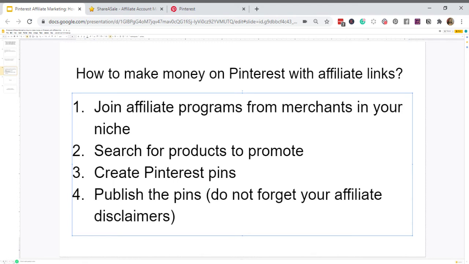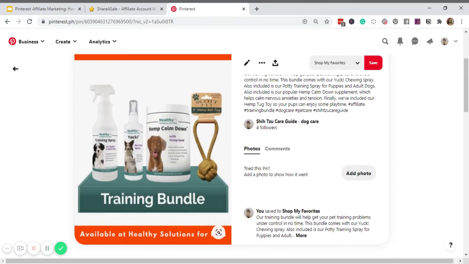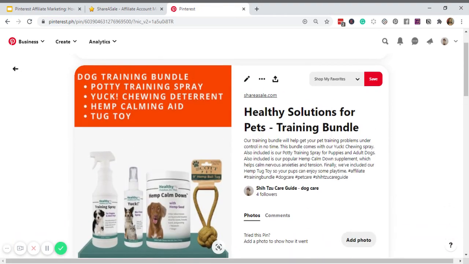Now, let us talk about disclaimers because for affiliates, you shouldn't forget your affiliate disclaimers. And some merchants would say that it's necessary. If you don't disclose that you are an affiliate, they will not give you a commission. So be careful. Now, in this pin that I created, if you notice, I have a hashtag affiliate here, there.